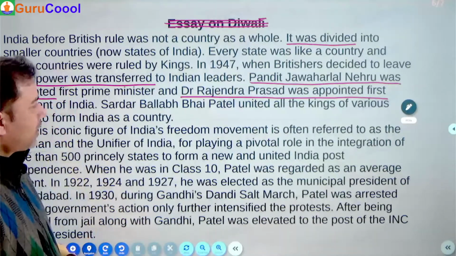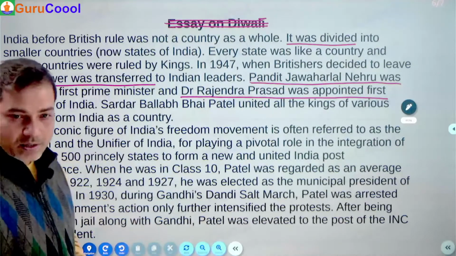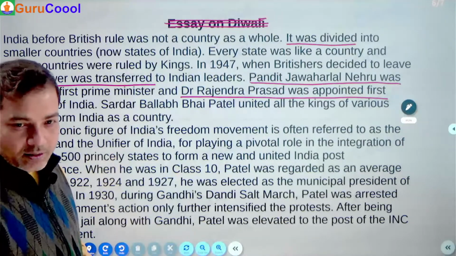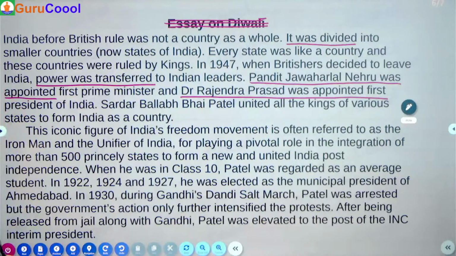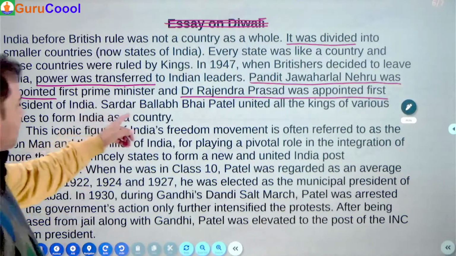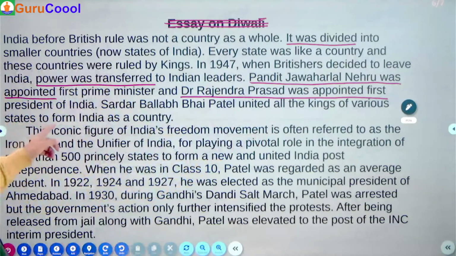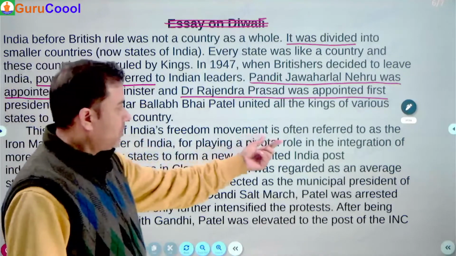Patel was regarded. Where? Which sentence are you in, Palak? Elected. Elected, yeah, the word elected is here. Let me find out. Sardar Vallabhbhai Patel united all the kings of various states to form India as a country. This iconic figure of India's freedom movement is often referred